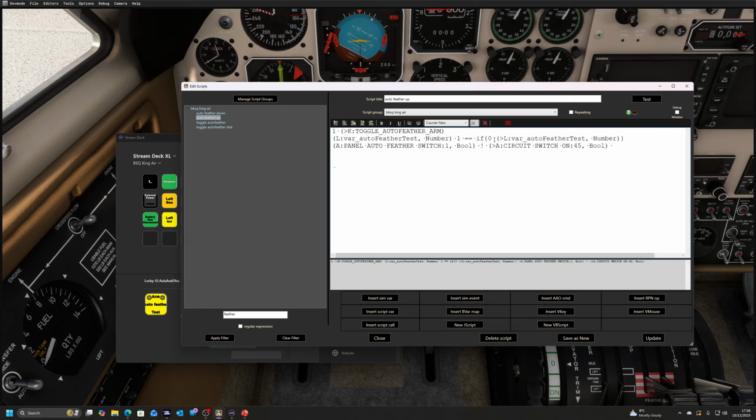We're trying to get those in sync properly, and I think they got out of sync in my previous scripts. So that's the up version, and here's the down version when it moves down, again dealing with the legacy